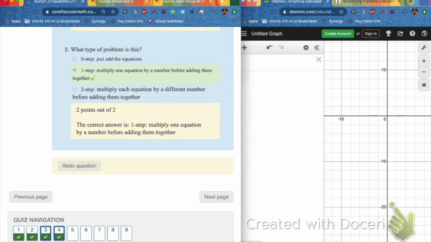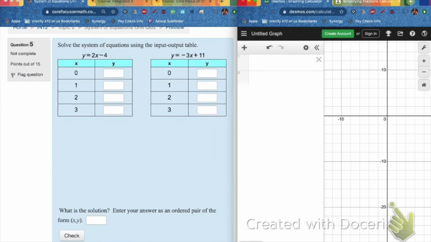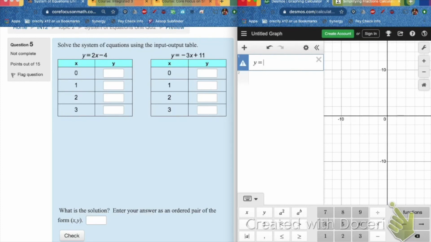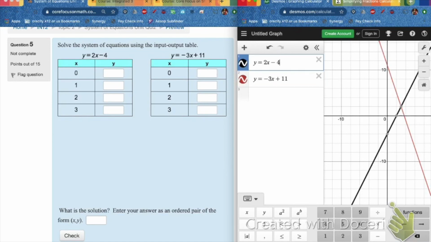Moving right along. The table. One of the few problems where I really did use the table function of this Desmos calculator. Let's remind ourselves, because it's been a while. I could plug in the left equation on top. It doesn't really matter what order you use, as long as you are consistent with it. If I put the second equation on top, just make sure you know which equation matches up. In general, I recommend doing it in this order just because it feels more intuitive to me. Then we are going to hit this little gear up there,